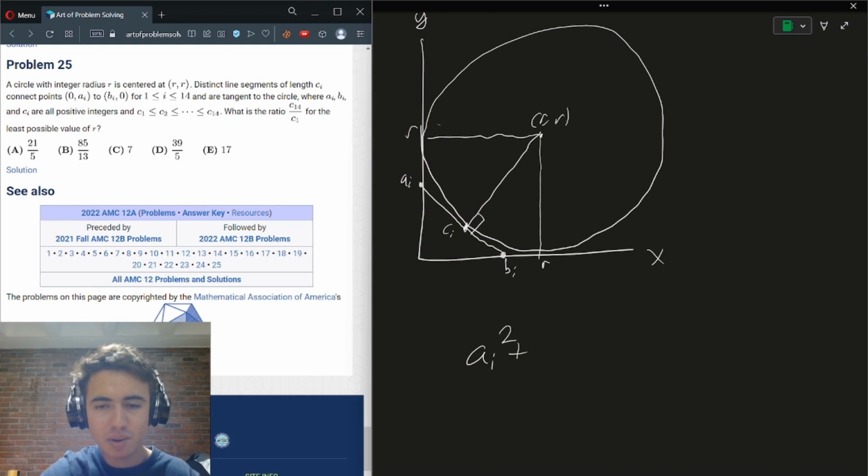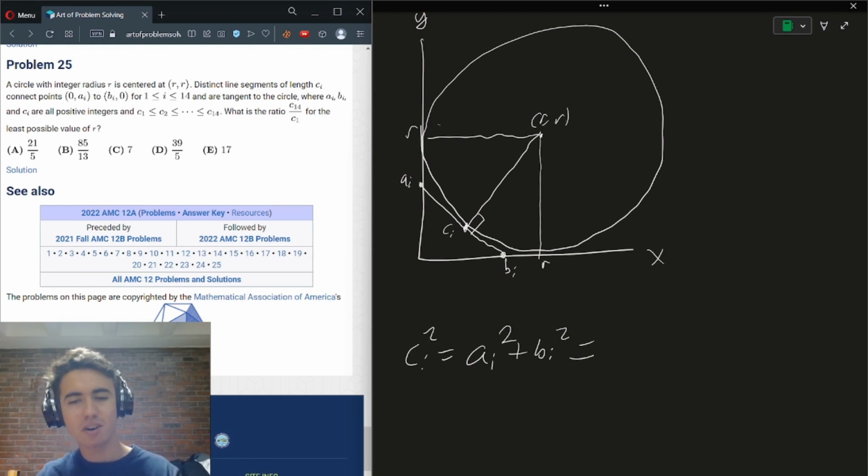So in this case, of course, we can write it as the square root of ai squared plus bi squared, obviously. But what is another way we can rewrite this length, ci? So we're writing the length, or rather the length squared. Well, the key thing is realizing that